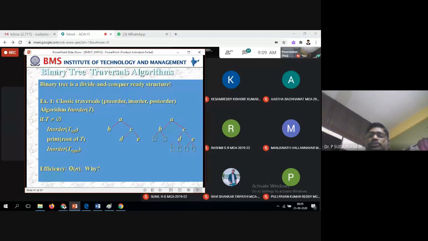How you have learned, I don't know. The data structures definition is that a complete binary tree means at any level you take, there are 2 to the power of n nodes. If you have n levels, the last level, called the leaf level, should have 2 to the power of n nodes. Suppose I have 3 levels, 2 to the power of 3 is 8, so 8 leaf nodes should be there at the last level. That is the definition. I hope you know what the leaf nodes and the root node are.